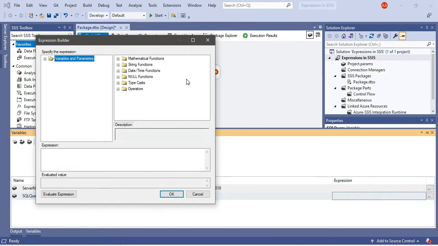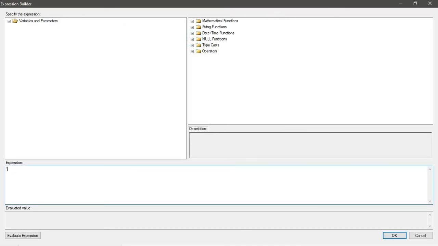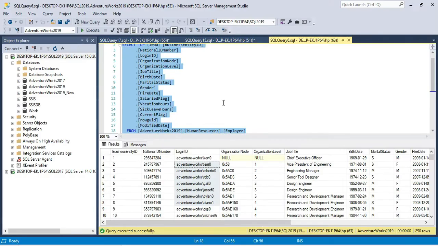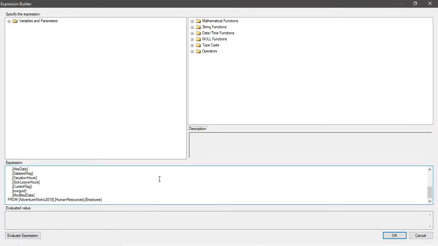In the expressions you can put a double quote, and whatever query you want to execute, you can copy that query and paste it here inside the double quotes. So this is the SQL query. Although this query is hard-coded right now, if you want to use some variables here, for example to pass the table name or the database name using SSIS variables, or, as I said earlier, put a where clause here and pass the parameters from the SSIS variable, that will make the query dynamic.